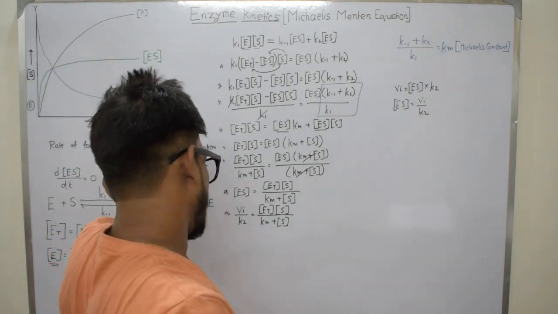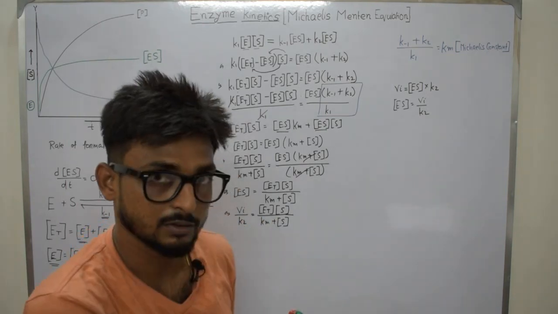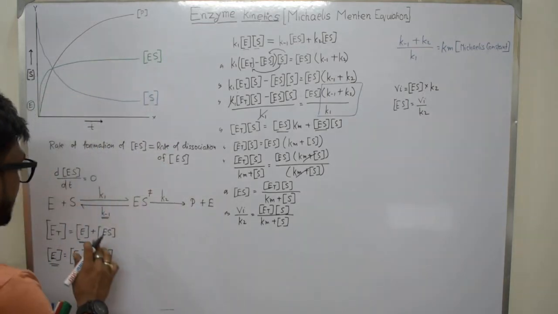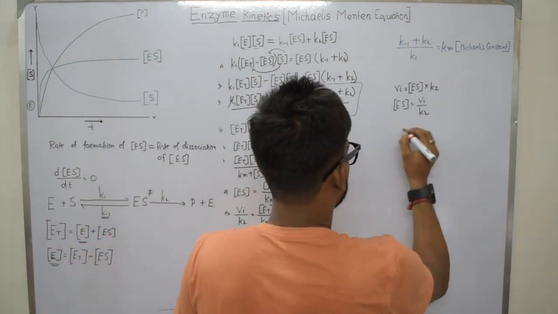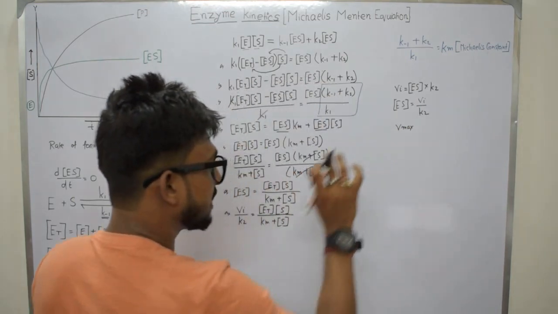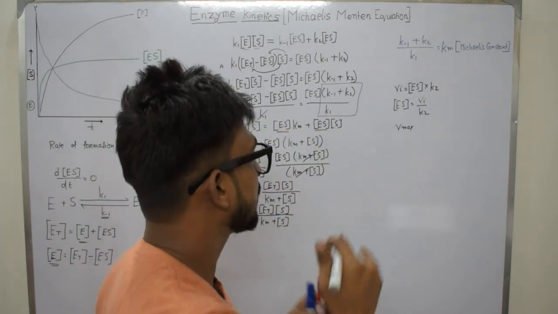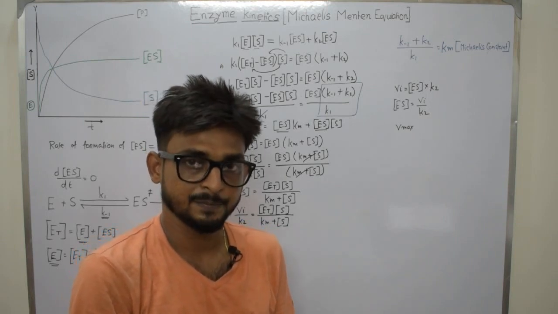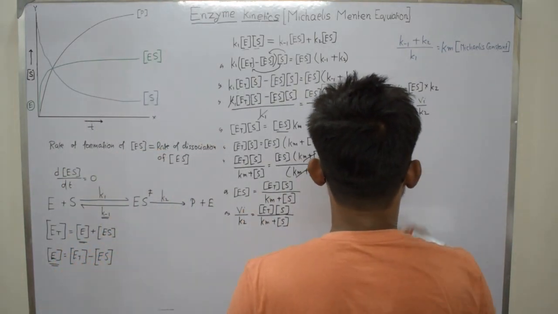Okay, now so this is the initial velocity. Now what about the maximum velocity? So maximum velocity is, if we take this as a Vmax, then if the initial velocity reaches its maximum velocity, then what will happen? No substrates are there in the system. Okay, all the substrates are converted into the product, so it will be left with Vmax is equal to,